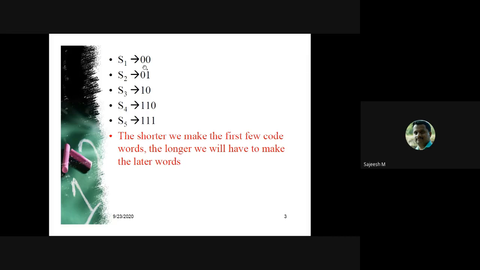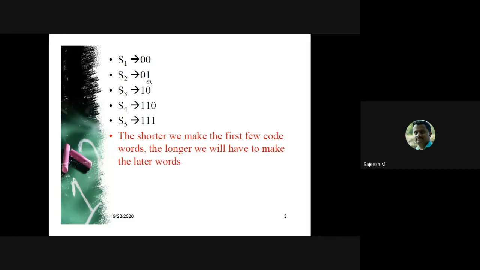We started with assigning S1 the code word 00. Here we are assigning a 2-bit code word for the first symbol. In the earlier case we assigned a single bit, that is 0, as the code word to the first symbol. Here 00 is the code word assigned to the first symbol.